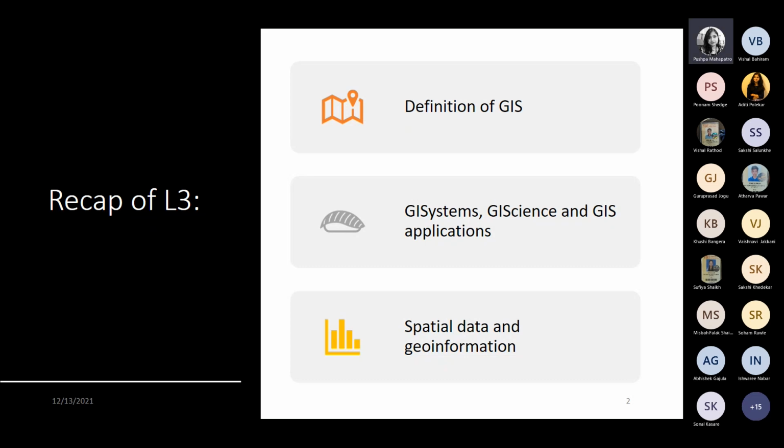So see, we cannot call QGIS a GIS system. That's one reason. When we are performing practicals, we actually have the data sets and we are working on them. We are not capturing the data by using different sensors. If we are capturing, then storing, then doing the analysis and representing, then we say it's a complete GIS system.